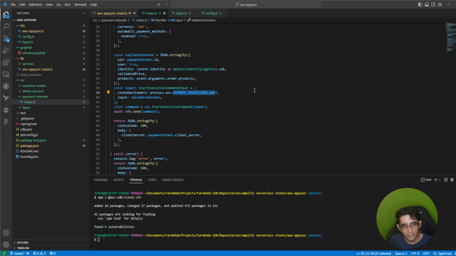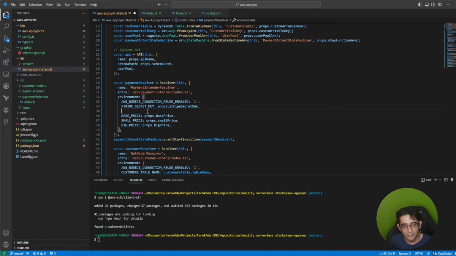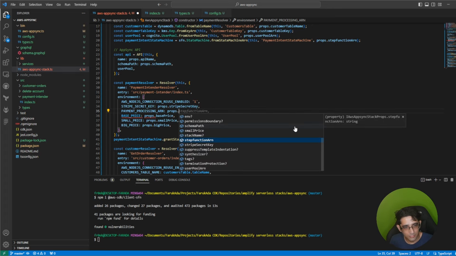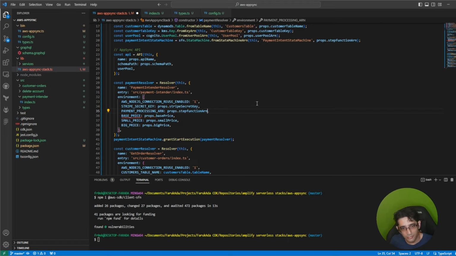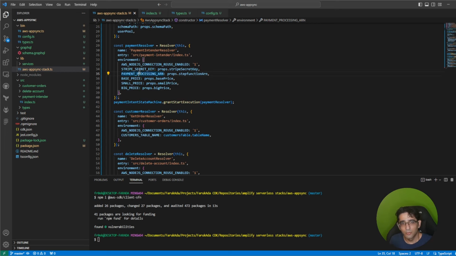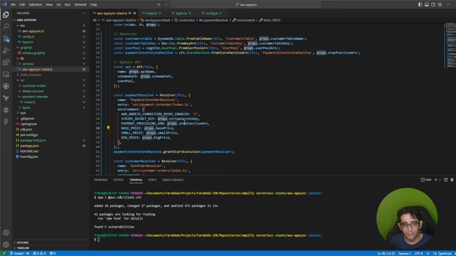So the payment processing ARN. We also need to add the step functions and comma. Okay, with this we have also the ARN of the state function inside of the resolver